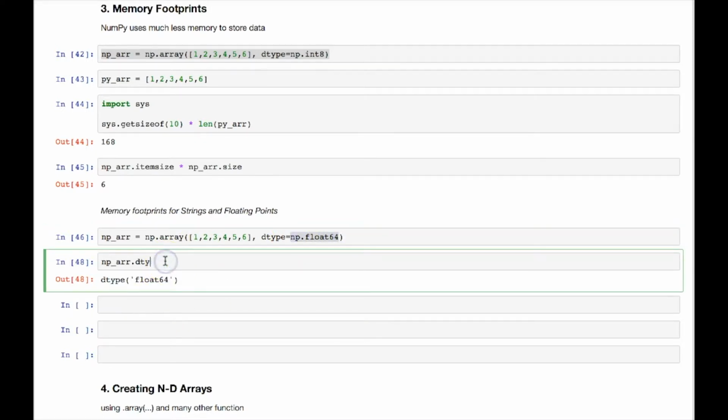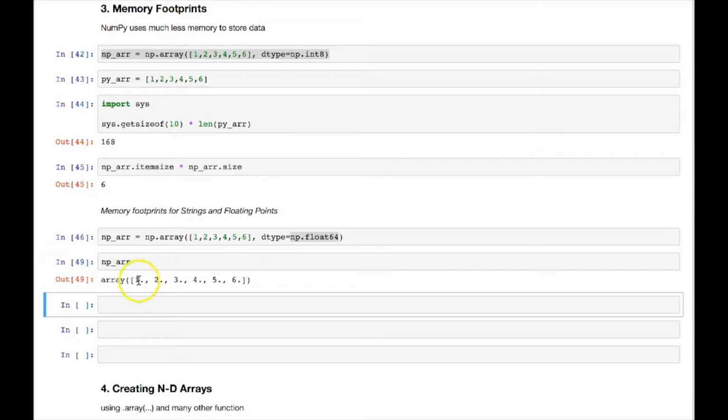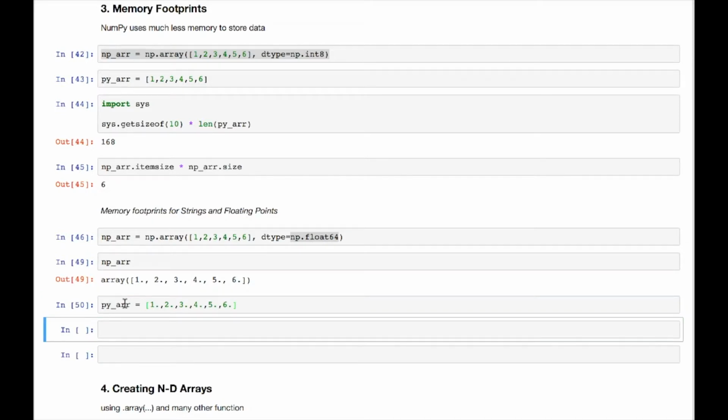If you just print, you can see it's 1 decimal, 2 decimal. For the Python array also I can create a floating point list, say 1 dot, 2 dot, 3 dot, 4 dot, 5 dot, 6 dot. And if I just go ahead and print it,